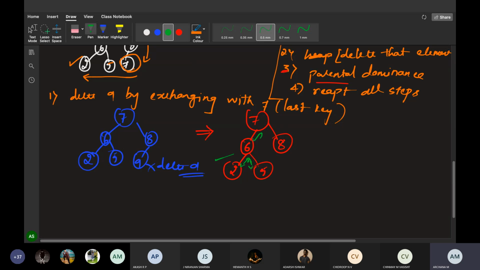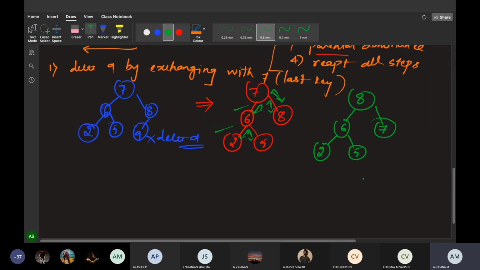And look here, is parental dominance correct in the first level? Yes, ma'am. 8 and 7 have to be swapped, ma'am. So we have to swap this. So now I will write 8, 6, 7, 2 and 5.